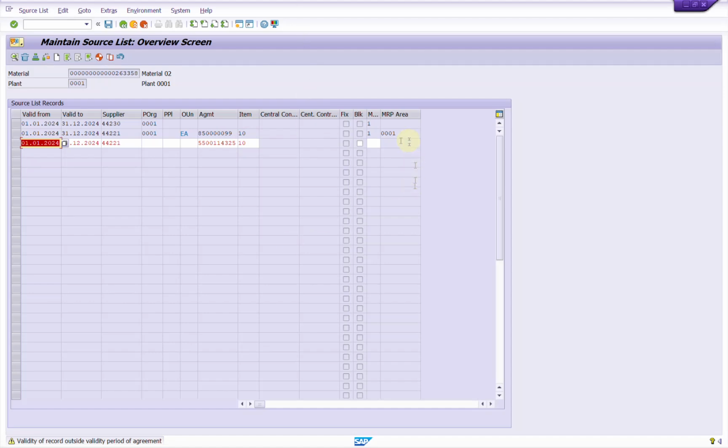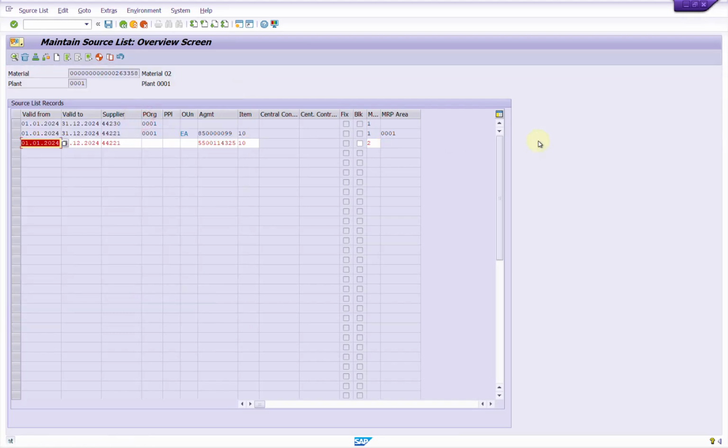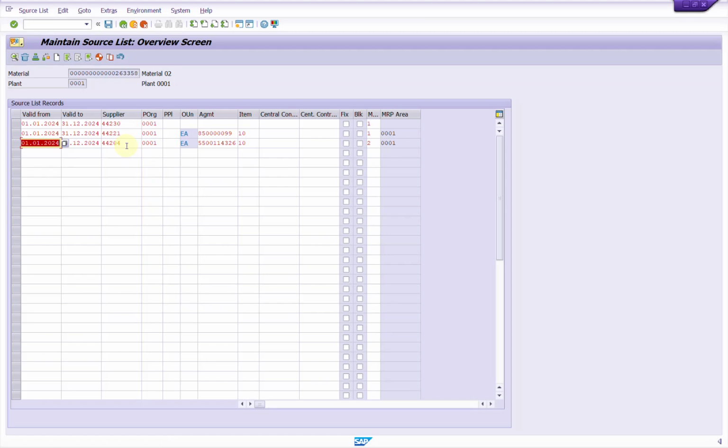And this time we will select it with a scheduling line, because a scheduling agreement gets created with scheduling lines. Oh, it is marked for deletion, I guess. So I created the next contract with this 26. Yeah, the supplier is different for sure. No, it's fine. And if I save it,